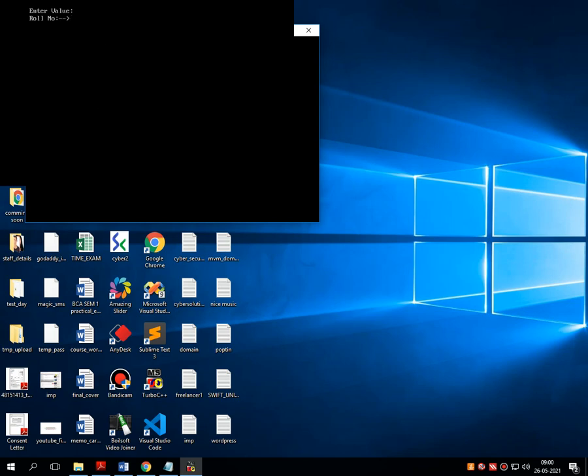Here I am giving y. So the program continues. A new node is going to be created. Suppose here I am giving the roll number 3 and the name ABC. Again it asks for yes or no. Suppose I am giving y from the keyboard, the program executes. The third node is created. Suppose here I am giving roll number 1.